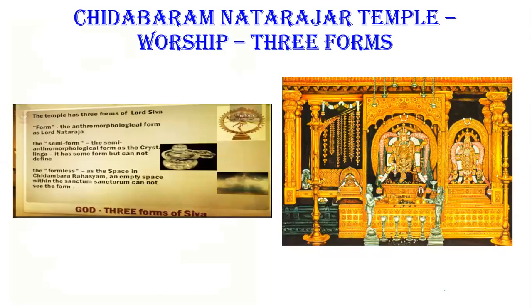This portrays Lord Shiva. As well as, we need to know about the worship in this temple. In the Tillai temple, everywhere we go to a temple, we can see Utsavar and Mulavar. Right? Here they are worshipped in three forms, because this temple is based on the sky. It's space. It's Ambalam. So that's why Shiva is in the form of Natarajar, the form of Lingam, as well as the formless form of space.